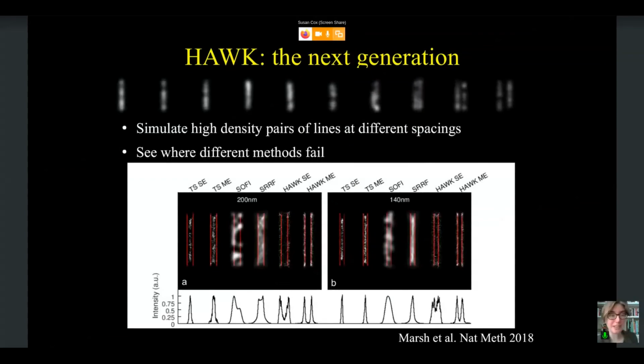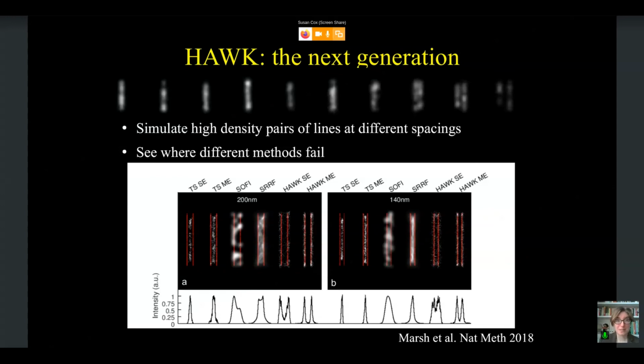So to give you an idea of how this performs in practice, what we have here is high density simulations, and I'm just going to go forward because apparently this video doesn't loop, at different spacings. And you can see it is very high density, but this is definitely the sort of data I've seen fitted with high density methods. So we then created these lines at many different spacings and analyzed them with and without Hawk